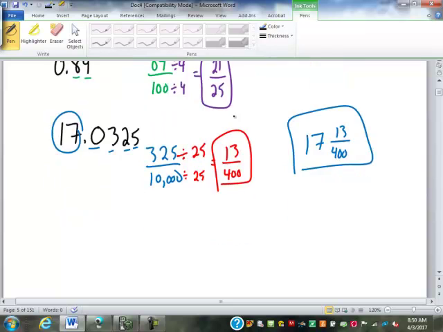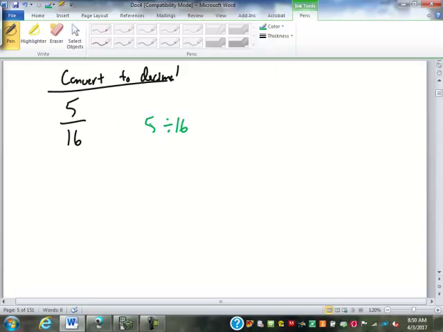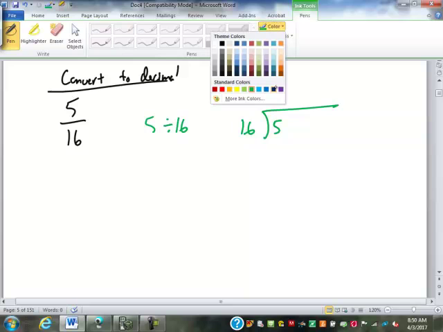Okay. A little bit trickier was problems like this. Convert to decimal. Now, of course, the way we did this, the calculation was simply to do what? 5 divided by 16, yes. Numerator divided by denominator. For doing it with a calculator, of course, you just punch it in, but doing it by hand,